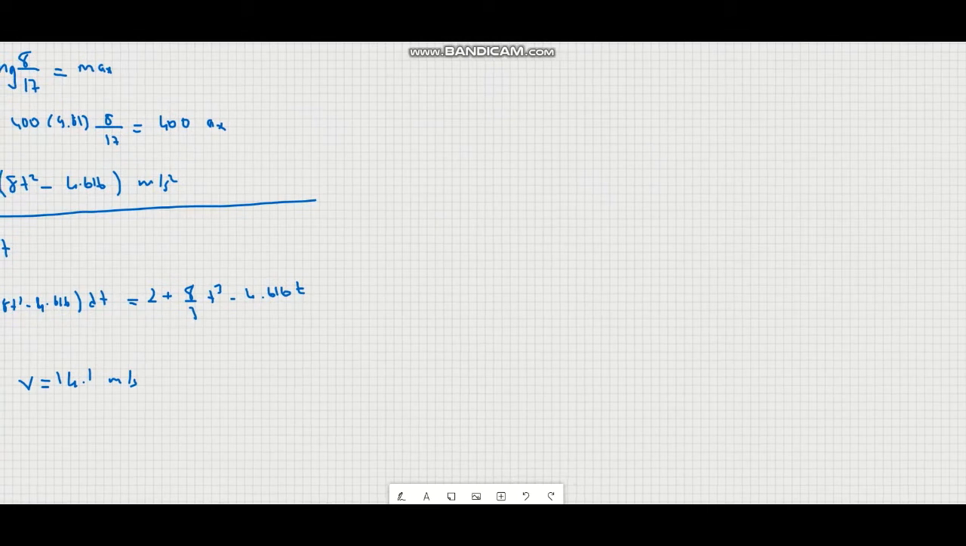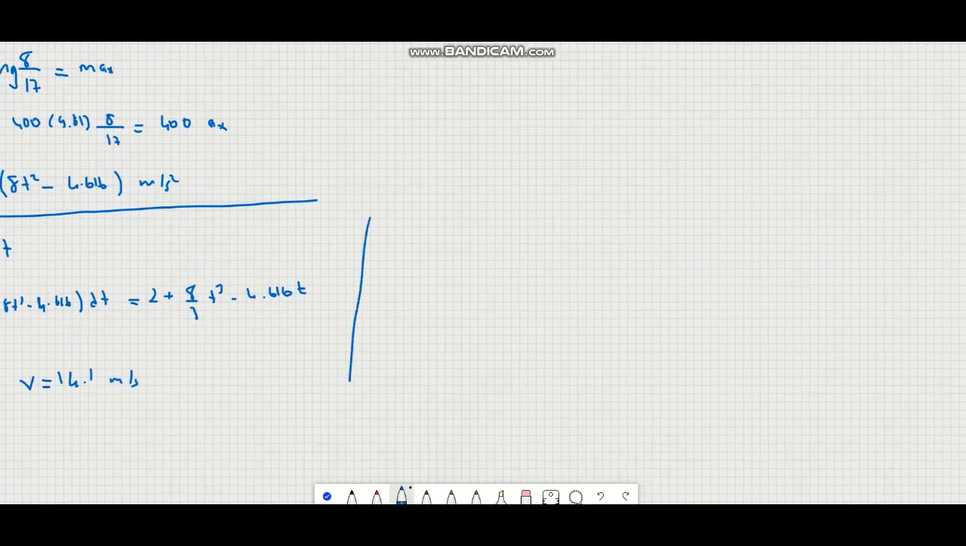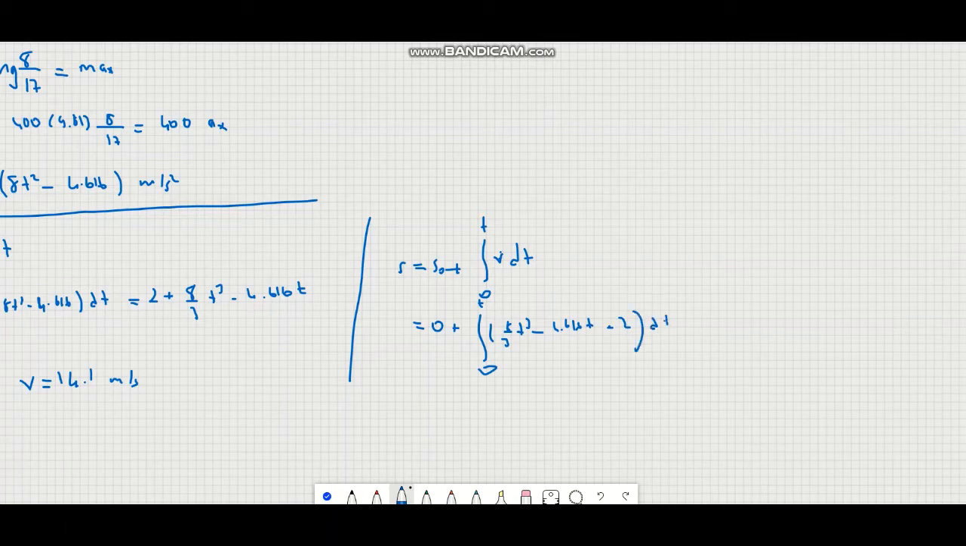So if we want to find the position, position is again s0, which is 0, plus the integral from 0 to t of the velocity dt. We just plug it in: the integral from 0 to t of the velocity term, as a function of time, 8 over 3 t cube minus 4.616 t plus 2 dt